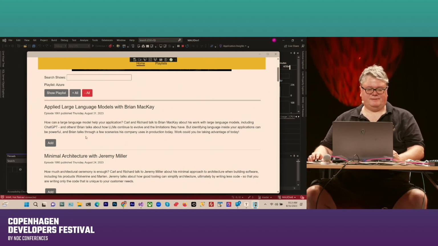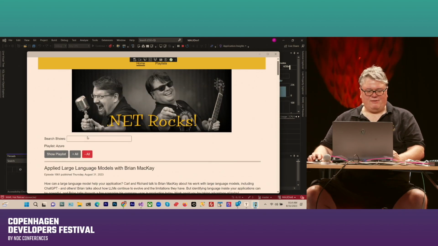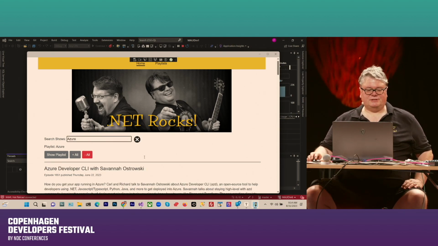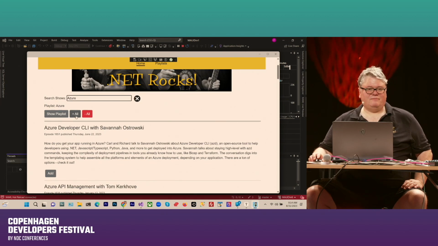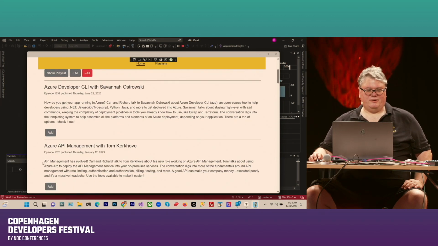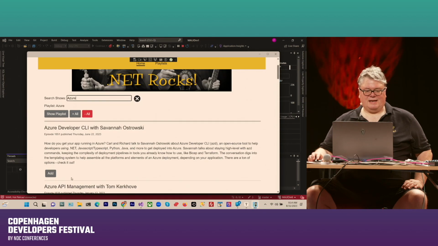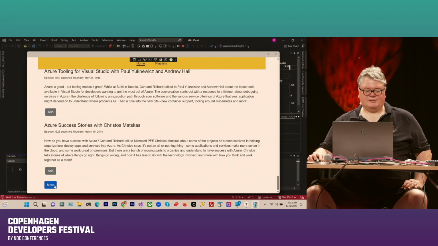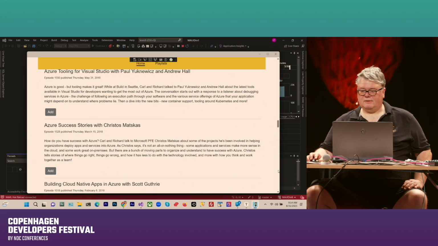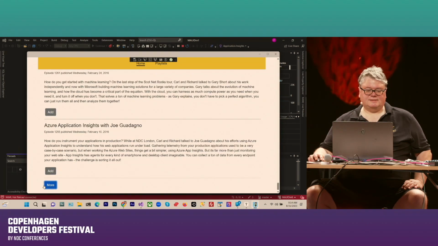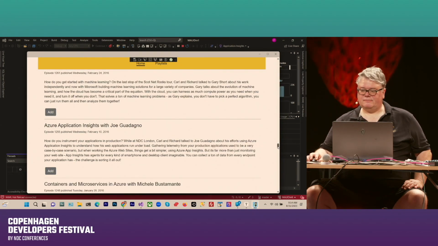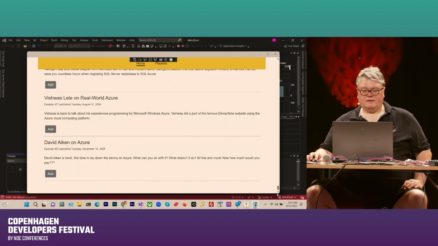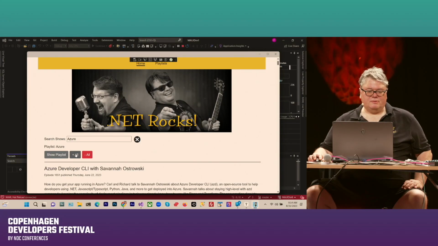I've got some more buttons here. So now I can search all the shows that I want to put in the playlist, and I can just search for Azure, and I can add all of those shows to the playlist right here, or I can go manually through and add them all. What I'm going to do is get all the shows that have Azure in the title again with more, and just go through this process until they're all on the screen. And there we go. And now if I do plus all,